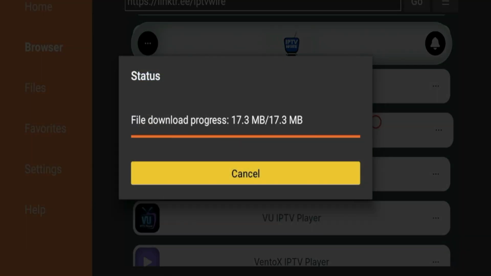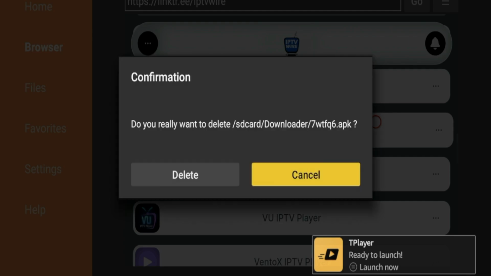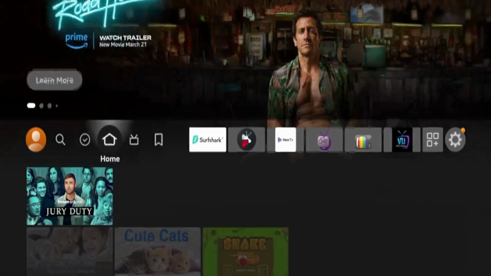You'd give it a few seconds for the file to download. You would click Install right here and then give it a few more seconds to install on your Fire Stick. And then you would see a message below that says T Player ready to launch. So I'm going to click Done. Click delete again, hit the home button on my remote, and then you would scroll over here to this option